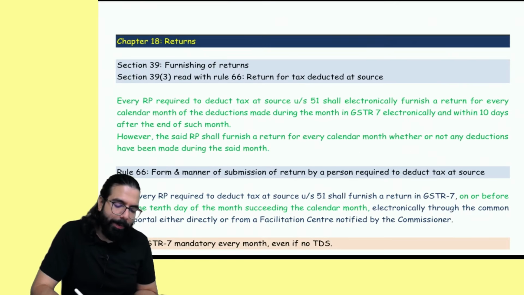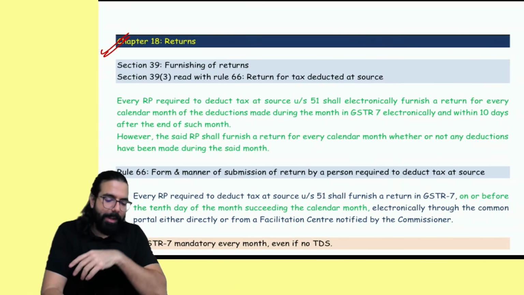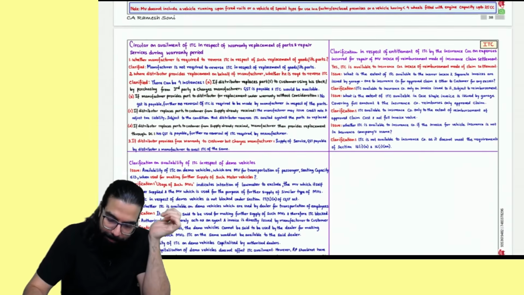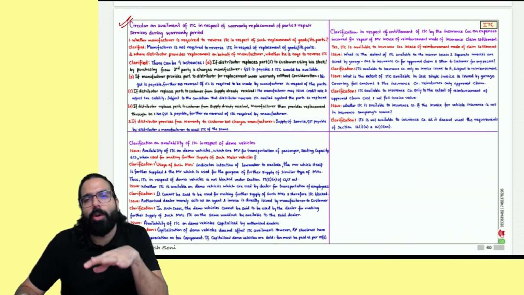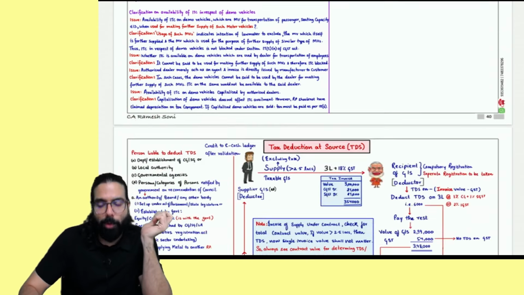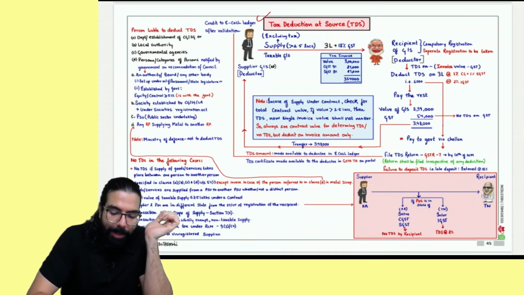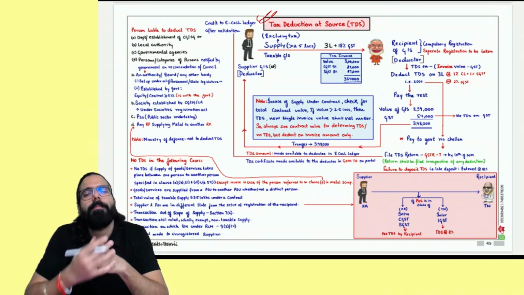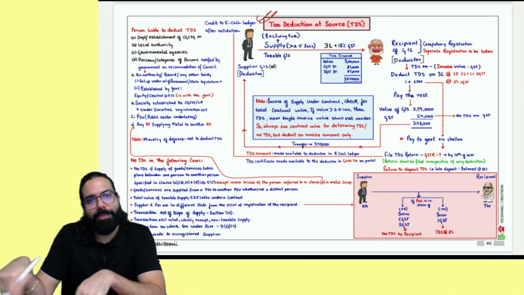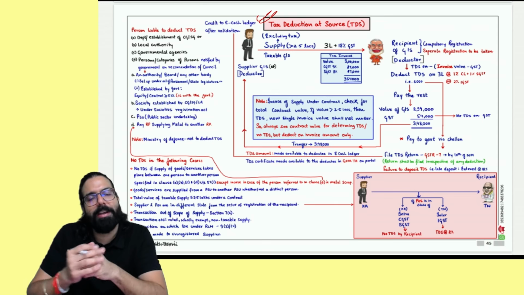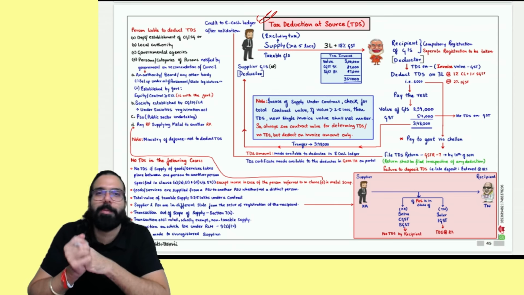One small point has come in the Returns chapter. Nothing for the Returns chapter, Baba. Okay, this point is done. This one new chart I had inserted in the ITC chapter. Not an amendment, but a new chart inserted, so I've gone ahead and given this chart. In the TDS chapter, one small point you have to remember, for TDS deductors, and this point is there in the Returns chapter. In the TDS chart there is an amendment, so I've written it here, but actually it's an amendment in the Returns chapter.